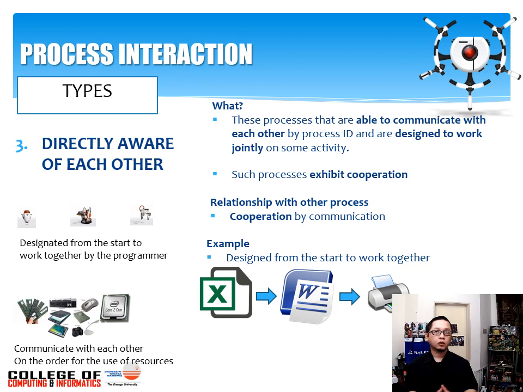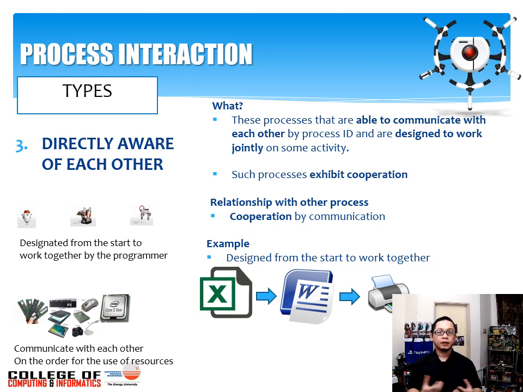The third type of process interaction is where we have a condition where processes are directly aware of each other. In this scenario, the processes were designed or written from the very beginning to work together and recognize each other's data at the same time. For example, I'm running Excel and I'm running Microsoft Word, and Excel and Word can actually share the data